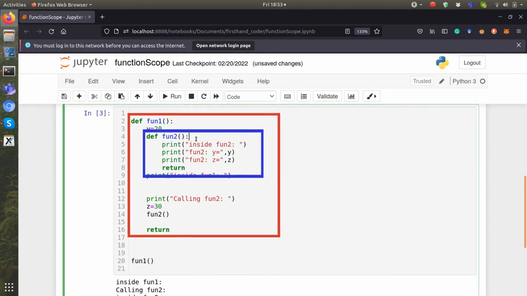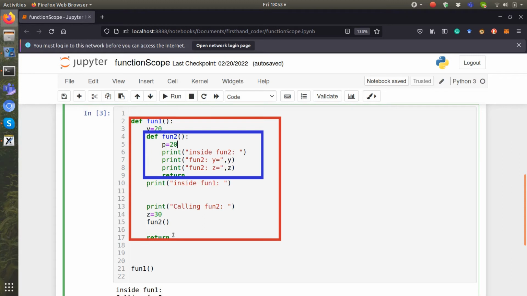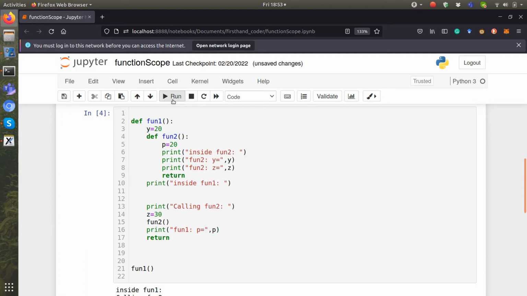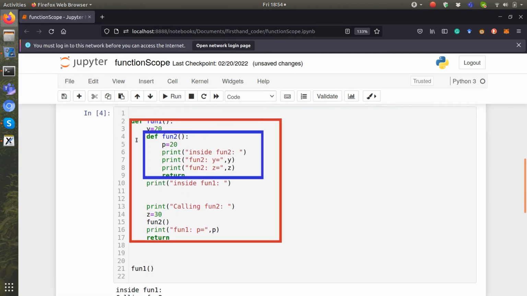Now if I put a variable inside this function, p equal to 20, and then after I come out, I try saying print fun1, p is equal to, and I try printing p, let's see what's going to happen. If we run this, we are getting an error, because even though we have called this function before we even reach line 16, and we entered this function and we created the variable p,